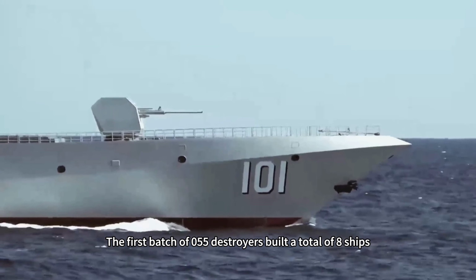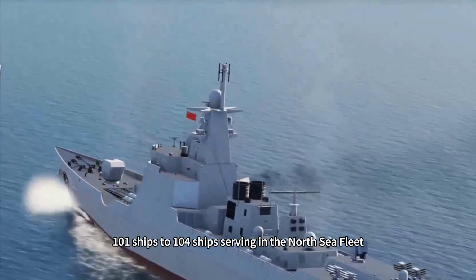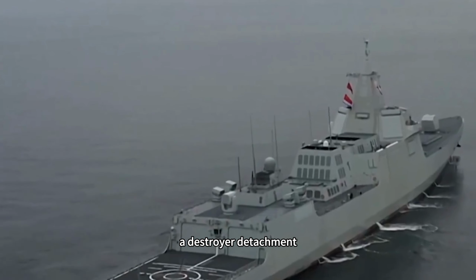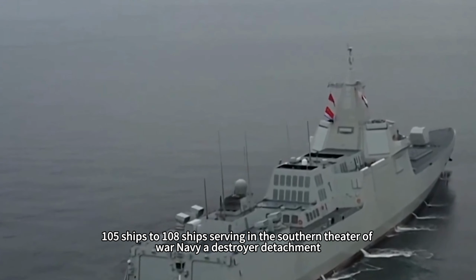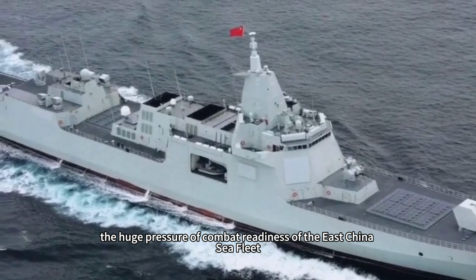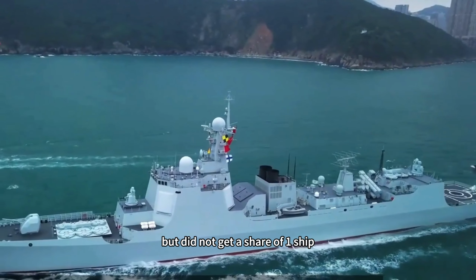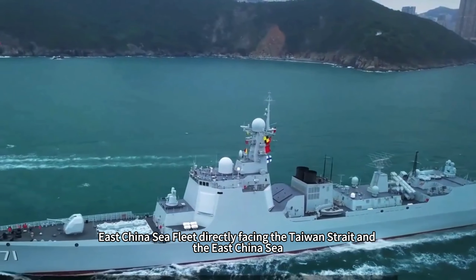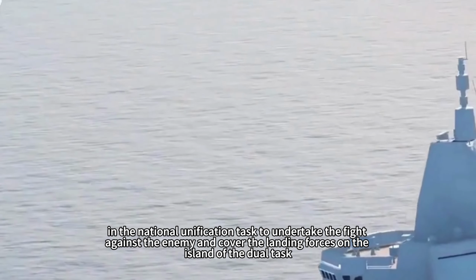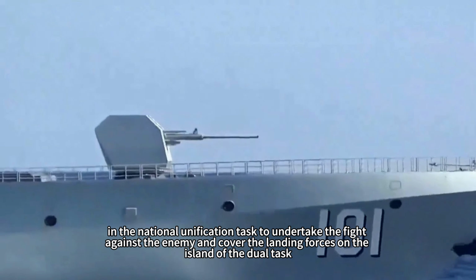The first batch of 055 destroyers built a total of 8 ships, ships 101 to 104 serving in the North Sea Fleet as a destroyer detachment, and ships 105 to 108 serving in the Southern Theater Navy as a destroyer detachment. The East China Sea Fleet, under huge pressure of combat readiness, did not get a share of one ship. The East China Sea Fleet directly faces the Taiwan Strait and the East China Sea. In the national unification task, it must undertake